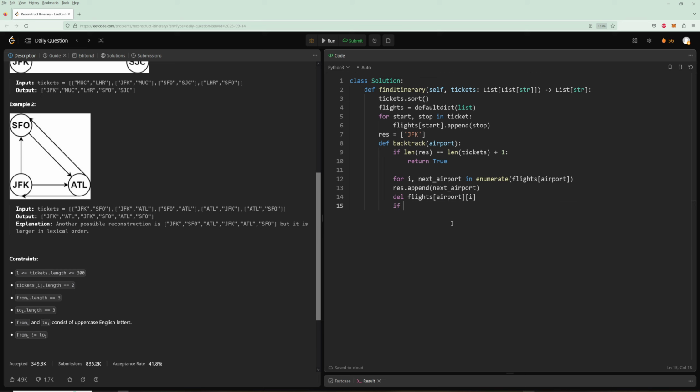Now we are going to check if the backtrack returns true. So if the backtrack returns true, then we can just return. We don't want to be redoing this because that means we found our solution. So if backtrack returns true, return. Otherwise, we need to actually fix everything we did. So we're going to pop from the result, and we are going to add back into it, right? And so that's what we need to do. So we're going to say flights[airport]